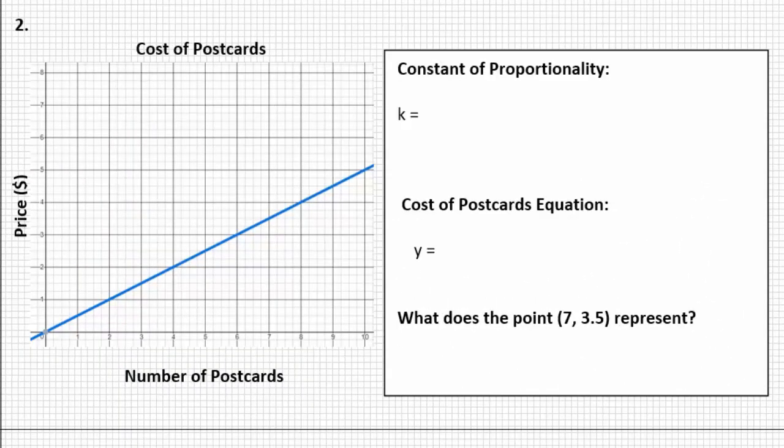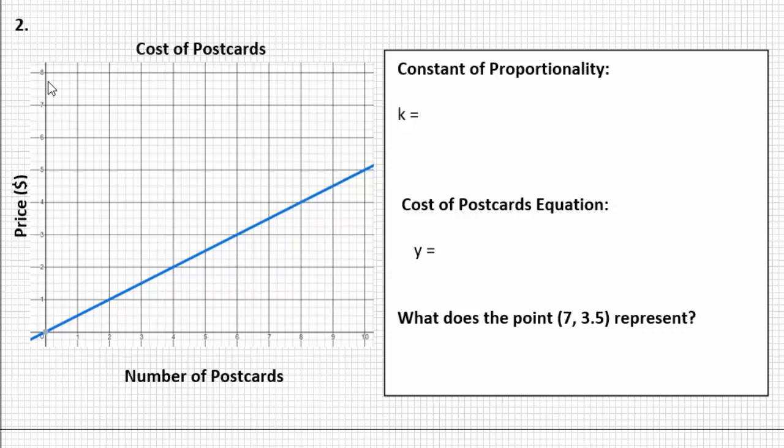So let's go through that process again. Here's our second graph. Can you determine what it's about? It's really important to always read the title and the labels on a graph to be able to know what data it represents. So since it says cost of postcards, that's telling us the main idea. And since our x-axis is labeled the number of postcards, we know that these numbers on the horizontal axis are representing the number of postcards purchased. And this on our y-axis is the price, how much it's going to cost us to buy that number of